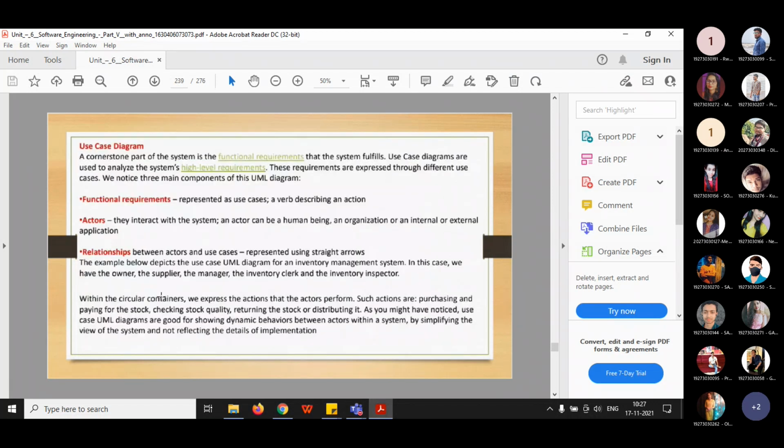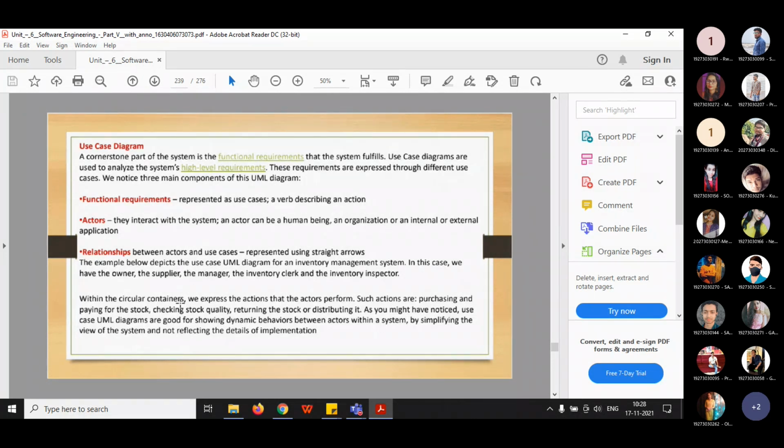The example below depicts the use case UML diagram for an inventory management system. In this case, we have the owner, the supplier, the manager, the inventory clerk, and the inventory inspector. Within the circular container, we express the actions that the actors perform, such as purchasing and paying for the stock, checking stock quality, returning the stock, or distributing it.